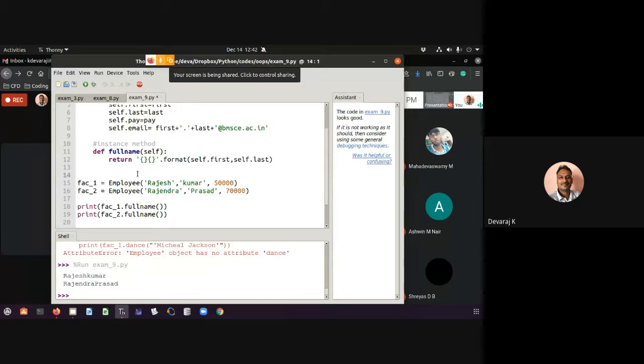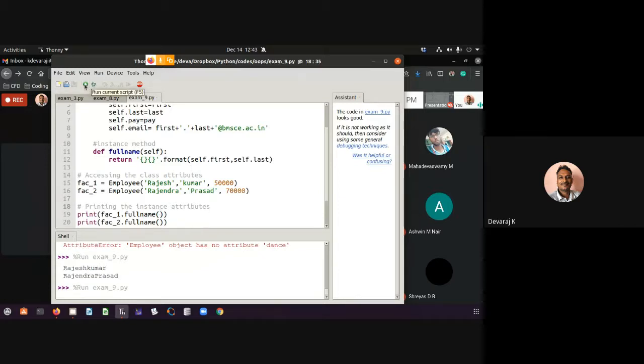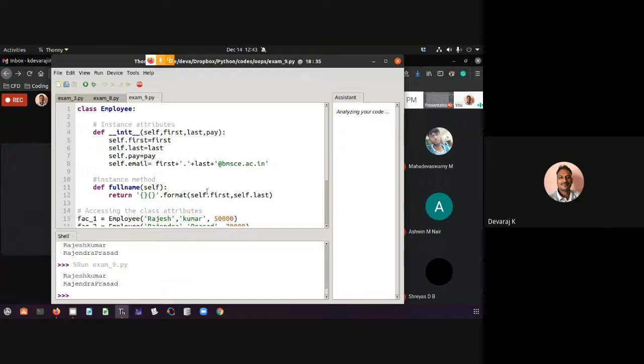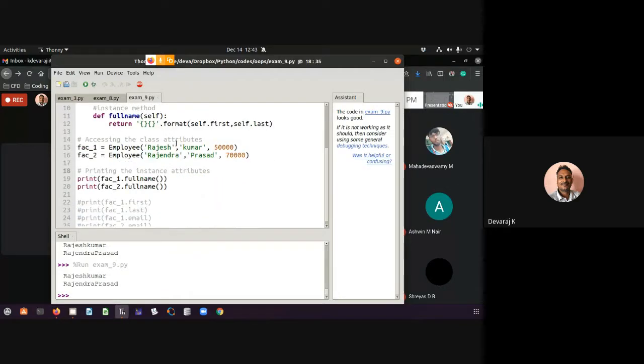What we can call this as is accessing the class attributes, and this I can call as printing the instance attributes. So this is how the simple code will work, or you can just go with the email ID also, doesn't matter.